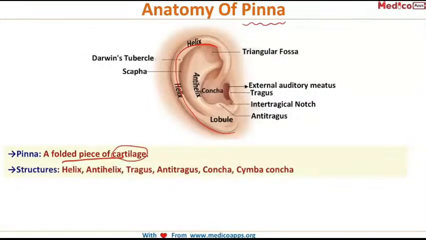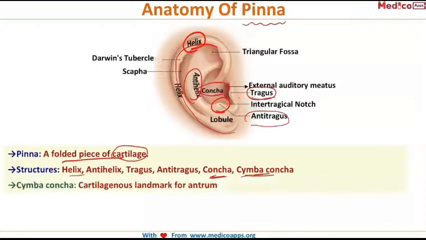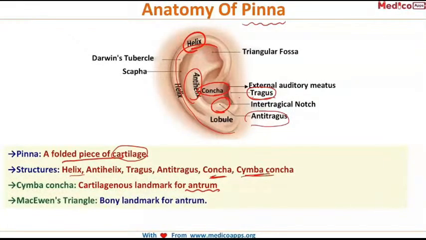The structures of the pinna are the helix, that is over here, the antihelix, the tragus, we all know what the tragus is, the antitragus lies over here, and the concha, then the Cymba concha. Okay, this is the concha. Then Cymba concha is a cartilaginous landmark for the antrum, and MacEwen's triangle is the bony landmark for the antrum. This is important for the antral approach for a few ENT surgeries. So the Cymba concha is a cartilaginous landmark for the antrum, and MacEwen's triangle is a bony landmark for the